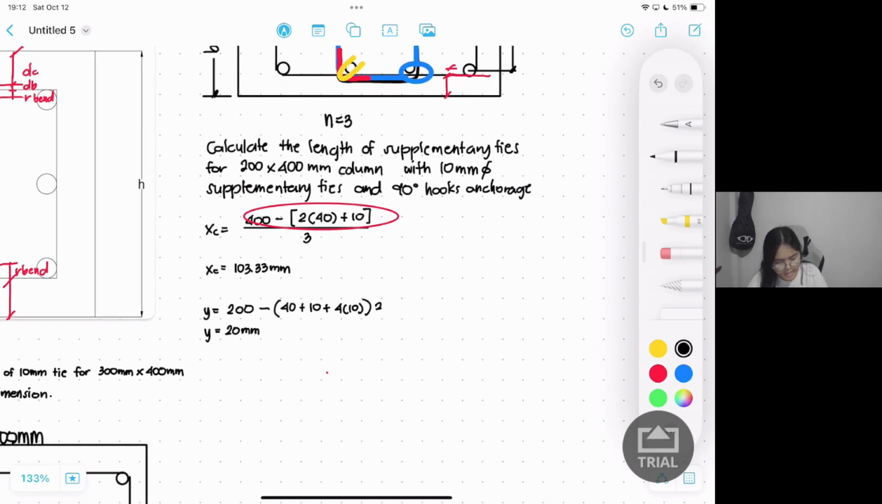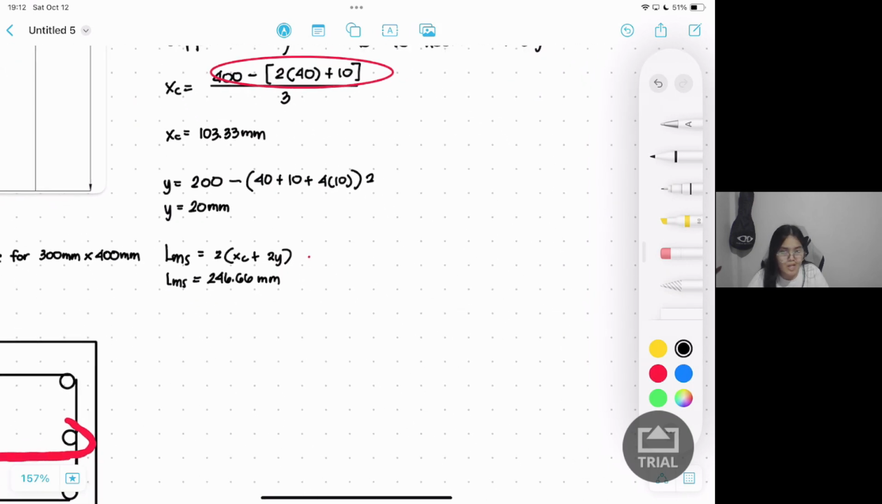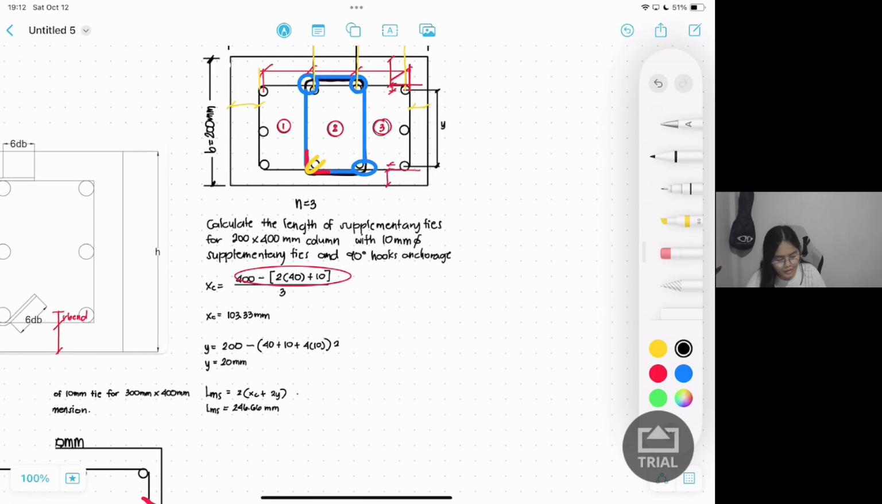So, pwede na nating makuha ngayon yung value ni length of middle stirrup. So, 2 XC plus 2 Y. Okay? So, ang makukuha nyo dyan, LMS, ay 246.66 mm. And then, similar na lang yung process sa pagkuha nyo for 90 degree hook at saka sa dito sa